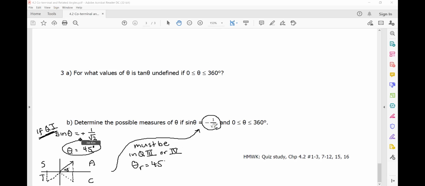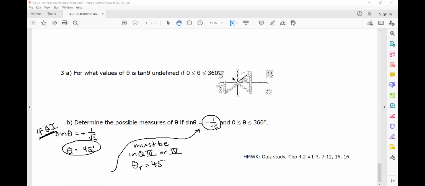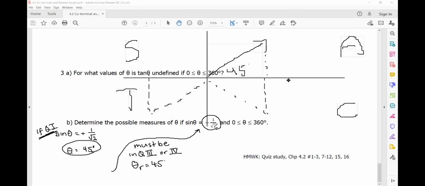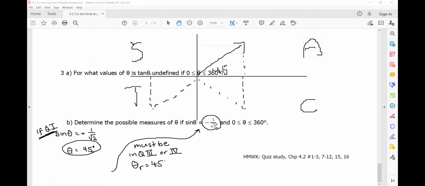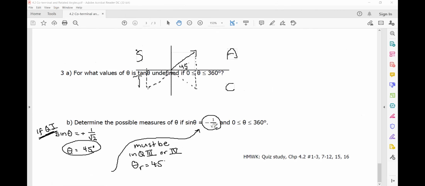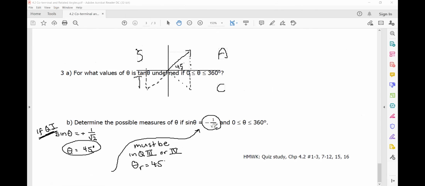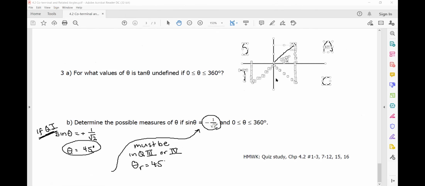Maybe I can make it a little bigger. That's a little too big. Okay, there you go. Knowing that this is 45 degrees all around,